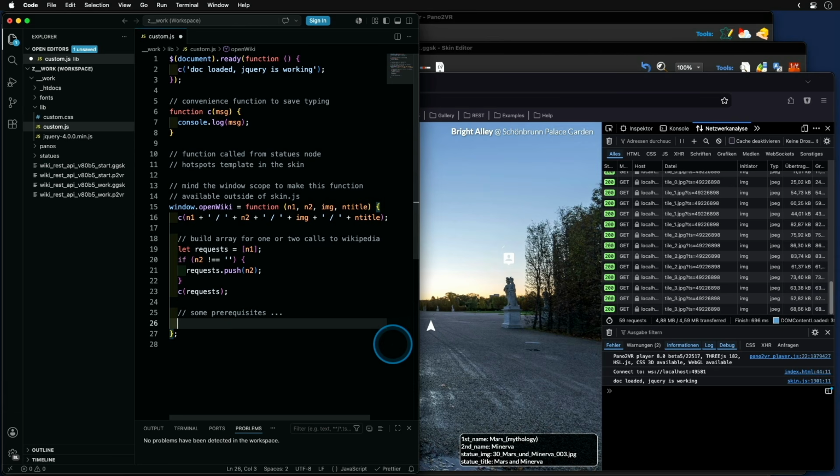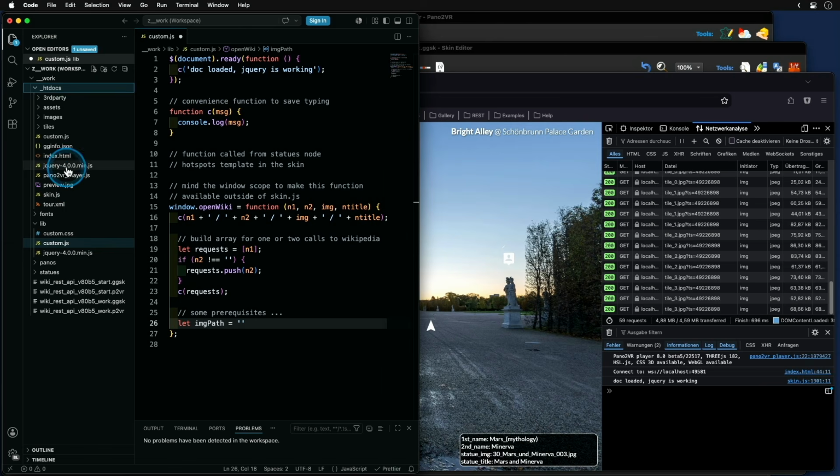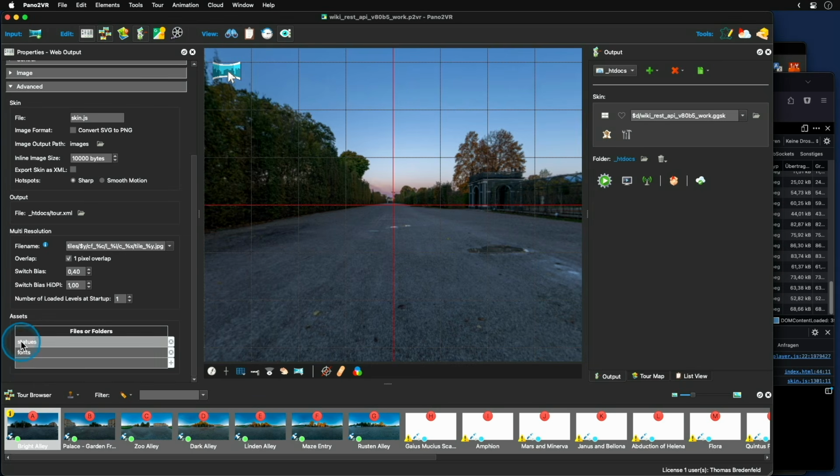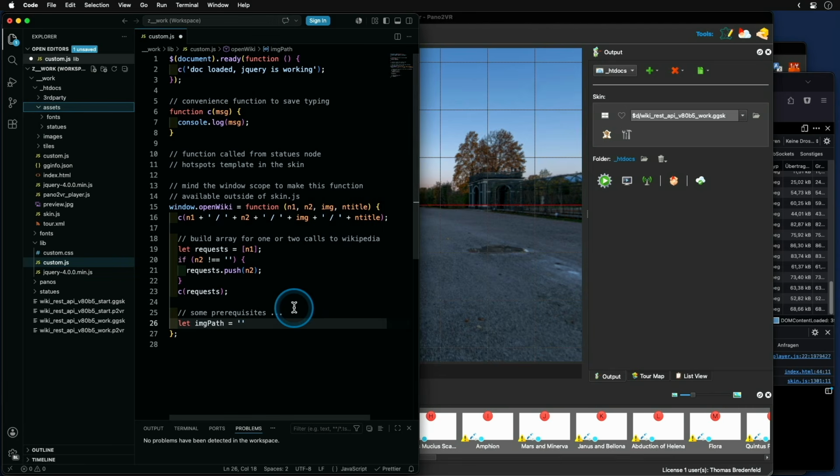So some prerequisites. The first one we need is to have an image path. So let img path, and this is pretty easy, as we simply need to look in the htdocs folder. If I unfold it, I have the assets folder, which is defined by the settings in output assets. Let's go back here, and under advanced I have the status and the fonts folder, and in the status folder we have the black and white images we are using for the statues in the wiki box. These are content coming from us, and here we simply add this path, statues slash, and this we need to assemble the complete image path to get this image displayed in the wiki box. Status images